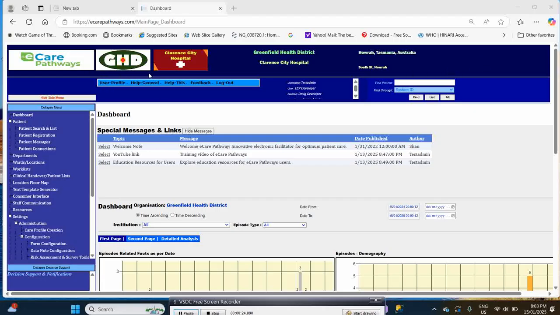you can see the logos of the organization and the addresses, and in the second bar you can see the help resources, and then user information. After that, then you have patient finding inputs,